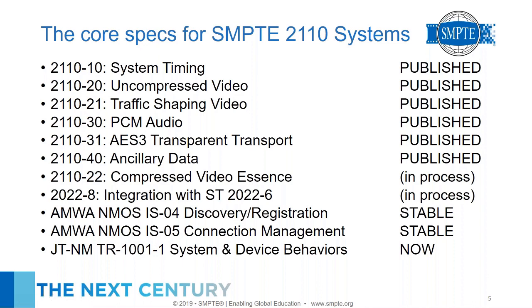In addition to the SMPTE work, the Advanced Media Workflow Association is also deeply involved in the applications for this technology. In particular, the API or interface specs that describe how a controller would control these devices, or how a device would find its home in the network. Those specifications are published by the Advanced Media Workflow Association, and they have the rank of stable, which in AMWA nomenclature means a document that has been unchanged for quite some time and is generally regarded as trustworthy and stable.